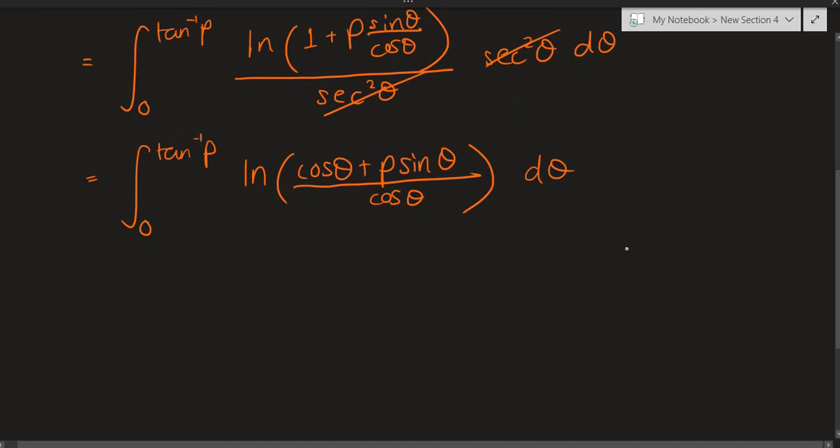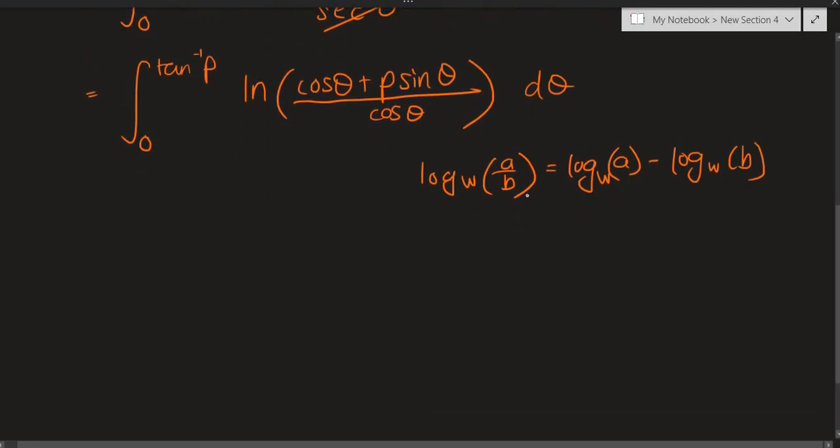Now I want you to notice that there is a certain identity associated with logs of any base, not just natural log, which has a base of e, but logs of any base. So say we have log to the base w of a quotient of arguments, a over b. We can break this up into log to the base w, keeping the base the same, of a minus log to the base w of b. So that's how we can decompose a quotient that is in the place of the argument.